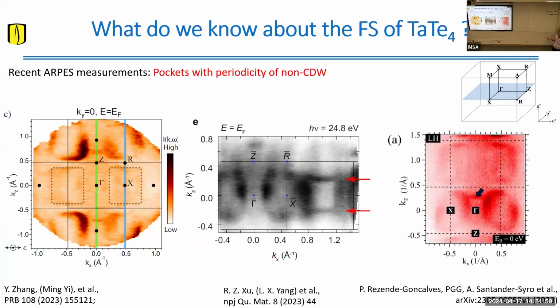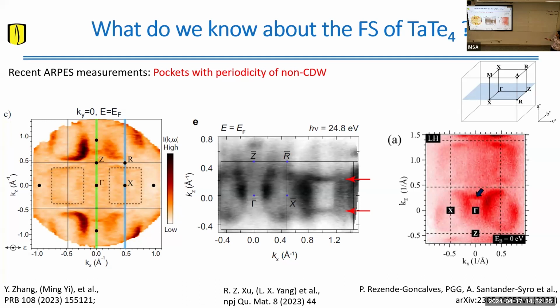So it turns out that all 3 studies showed a Fermi surface that follows the periodicity of the undistorted compound, meaning not the periodicity of the charge density wave, which is what you would expect if you had a reconstructed, of course, Fermi surface from this new periodicity. But we see things that have the periodicity of the original undistorted cell, and this is the Brillouin zone.